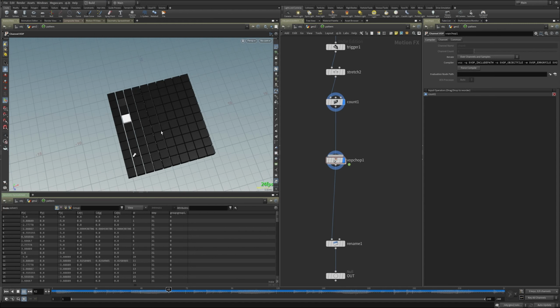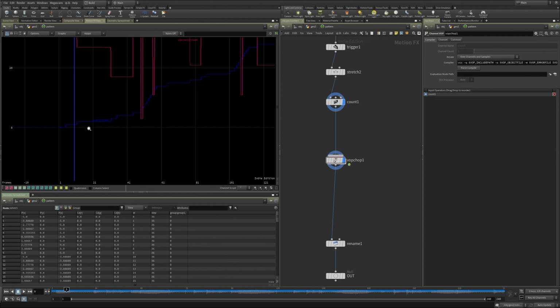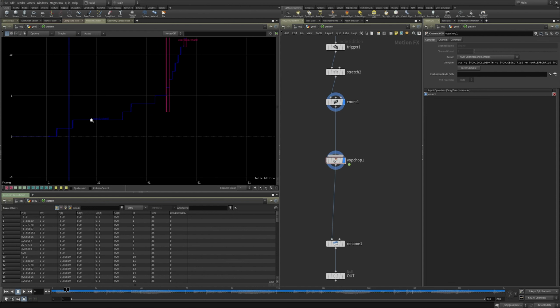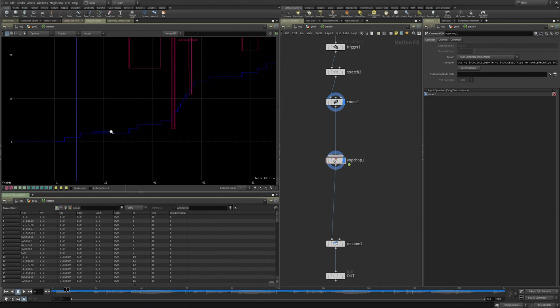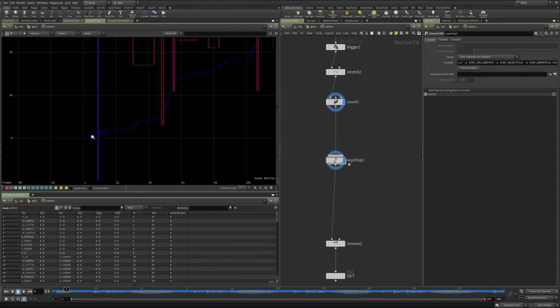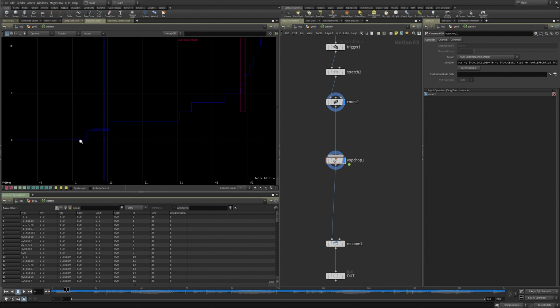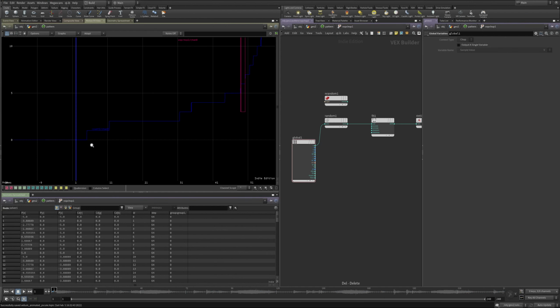Now, one thing about this that is really not so handy is that we see it. Let me show you in here. It was happening with our step values as well. There's these long plateaus, right? And for some things that could be useful, but a lot of times for me, what is better is rather than this hitting its value and then plateauing out until the next hit. We don't want these plateaus. We want to go from 0 to 1, back to 0, then at the next impulse to 2, back to 0, 3, back to 0.